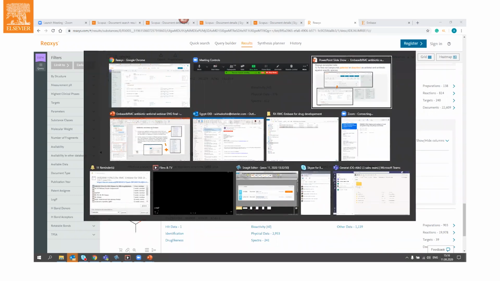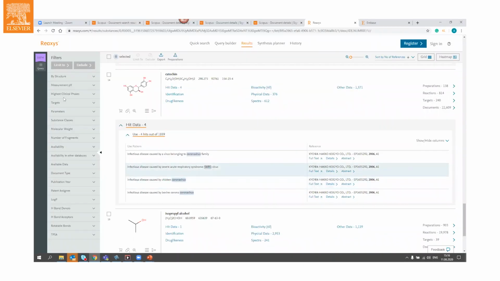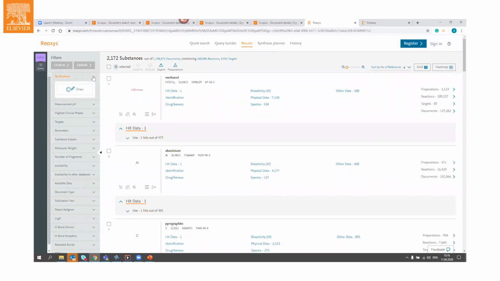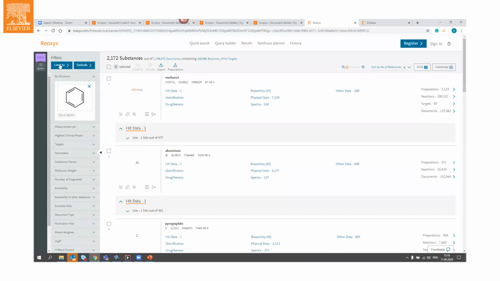This is strategy number one. And what I haven't mentioned is the filters. In the filters, you can filter your search result. We have 2,000 substances. You can filter by structure. So for example, you want to have some phenolic derivatives. And I advise you to put here substructure and limit to, and it can take some time. But now we should see only the compounds which have an aromatic ring in their structure.